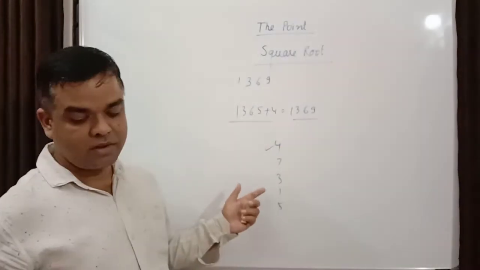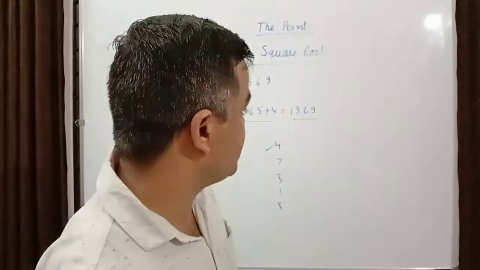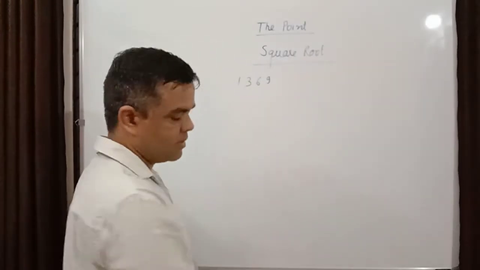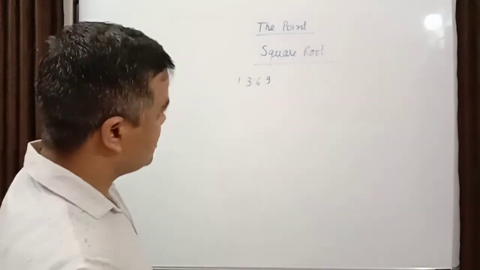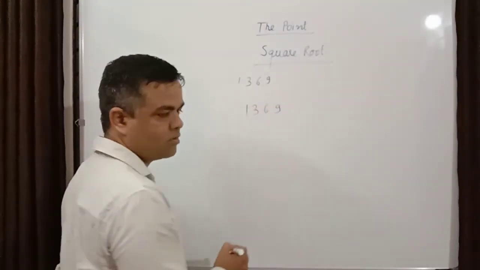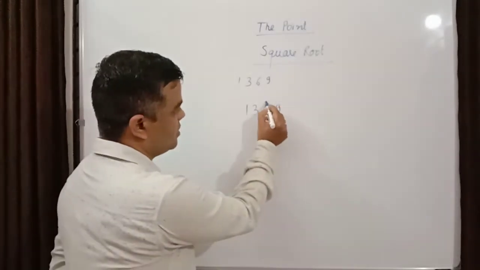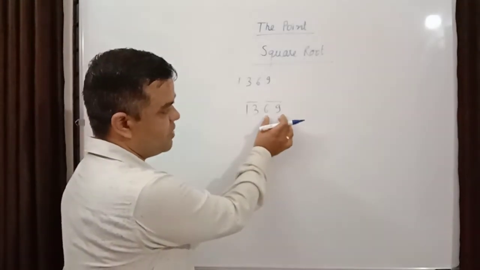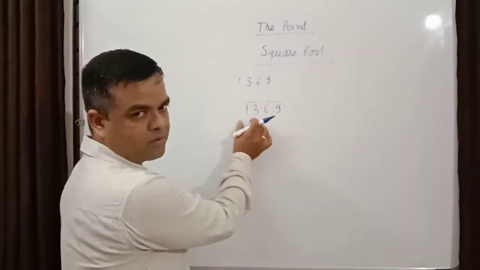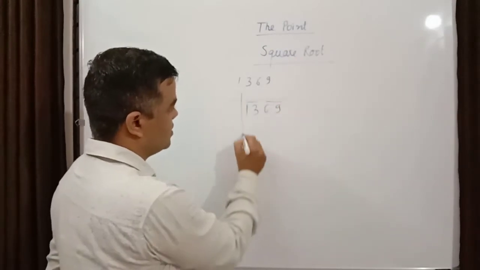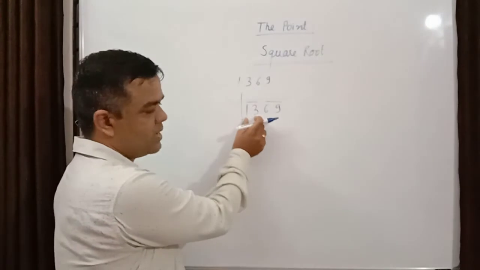Okay, if you remember. In case you don't remember, you are at the learning stage, or in some exams there is no time, how will you find the square root of 1369? So I will tell you the basic method. 1369, the pair method. Start from the right side, make pairs of two digits, and draw a line like this. So this pair is 13.